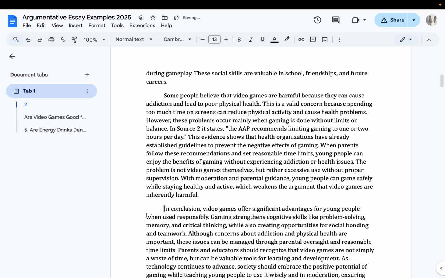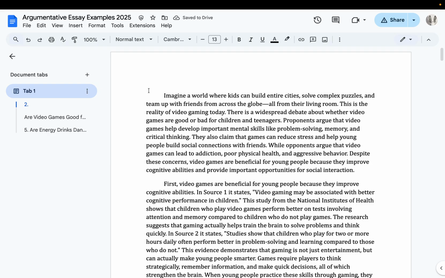Okay, I noticed that some students were breaking up the first paragraph into like their hook was one paragraph, their overview was another paragraph, and their thesis statement was a different paragraph, and that's not what I want. It should look like this. So again, remember the first paragraph is going to have the hook, overview, and thesis statements. And again, some of you guys are still struggling with the hook because you're like, what do I ask? You can have a question, you can have an interesting fact, you can say imagine something.